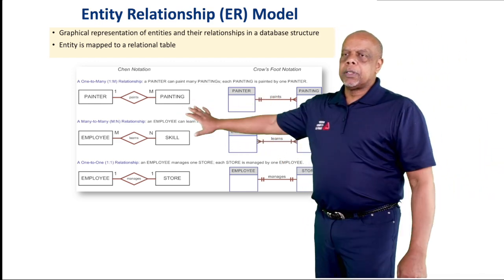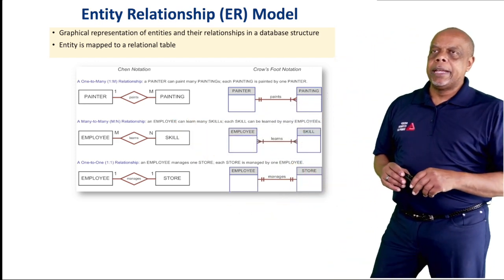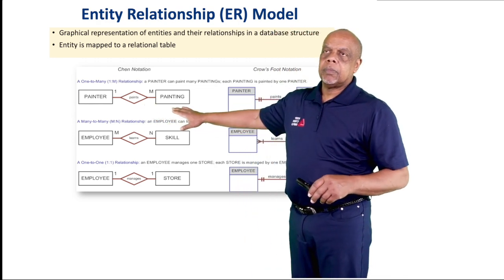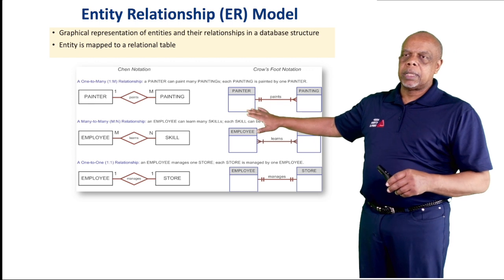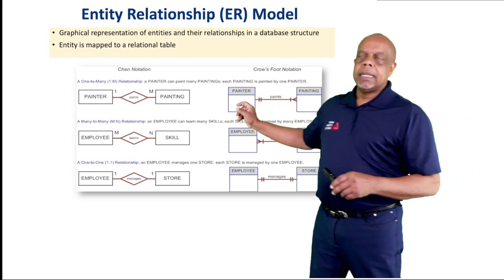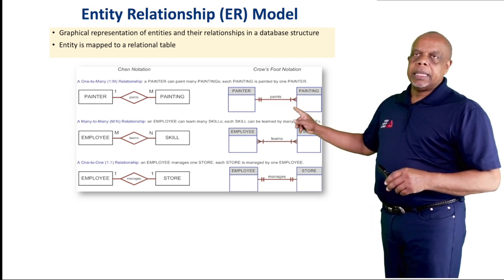So if we look at what we have up here at the top, this is a one-to-many relationship. You can have one painter who can paint many paintings. So you see that relationship. Now, in the crow's foot notation, this is what it would look like. We have one painter, and that one painter could have, and that's what the crow's foot is showing, many relationships